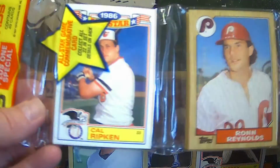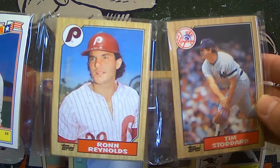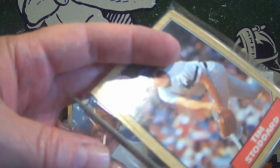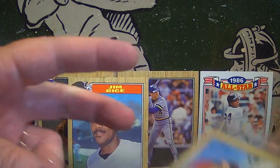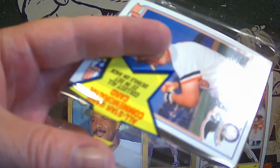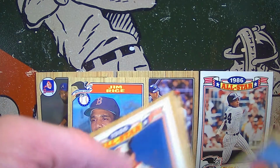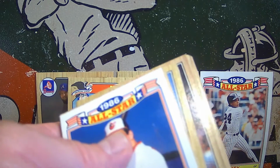We're going to have Cal Ripken on the front of this one. Ron Reynolds and Tim Stoddard. So we have 2 Hall of Fame All-Stars so far in these racks today, with that Rickey Henderson and the Cal Ripken, 2 of the greats from Major League Baseball. Get all 3 of these pulled. And we'll hope for many Hall of Famers and White Sox to come out of these 3 sections of the